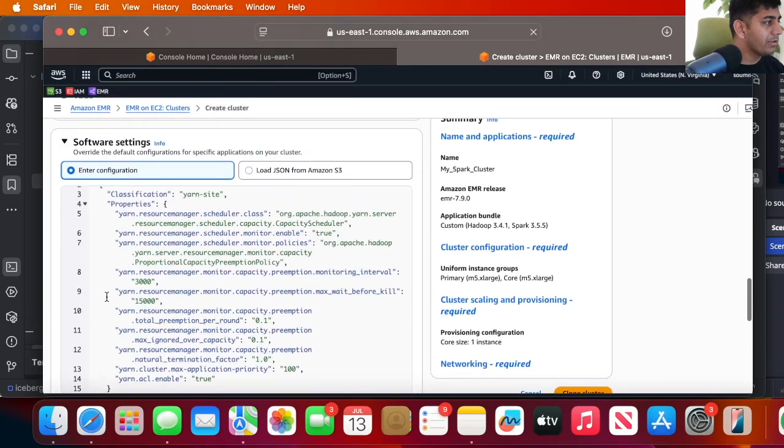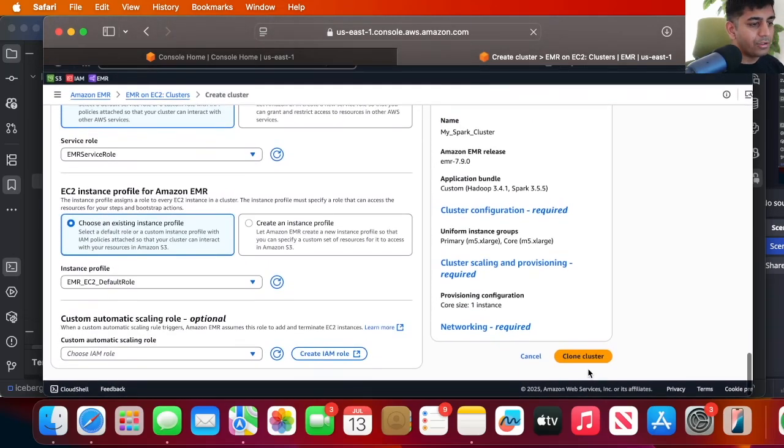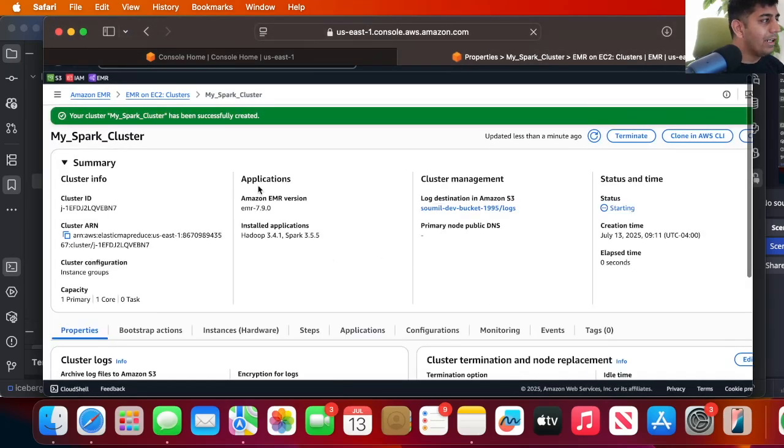Just double checking the settings. Okay. And then I'm just going to click on clone cluster. Now, ideally, this takes about 5 to 10 minutes roughly to provision the cluster, of course. So let me